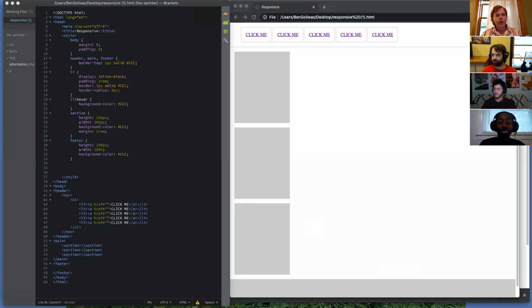Okay, so the next thing is, now we want to make it responsive. Now that we've got the thing shaped up, what do we do to make it responsive? Well,